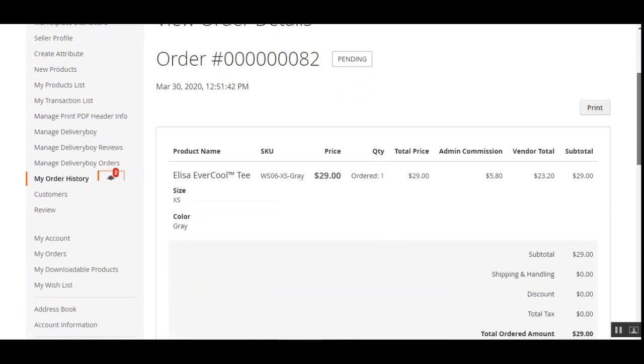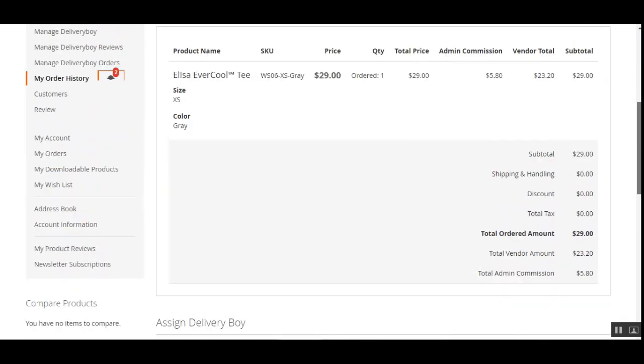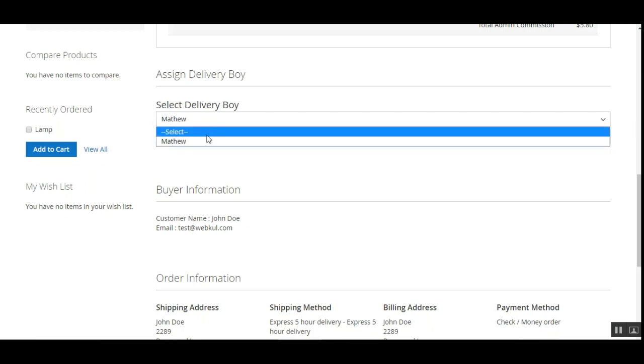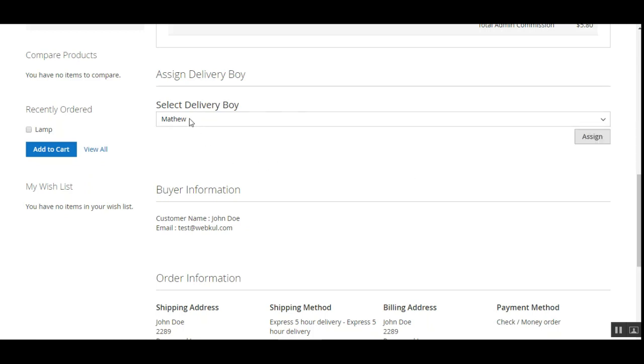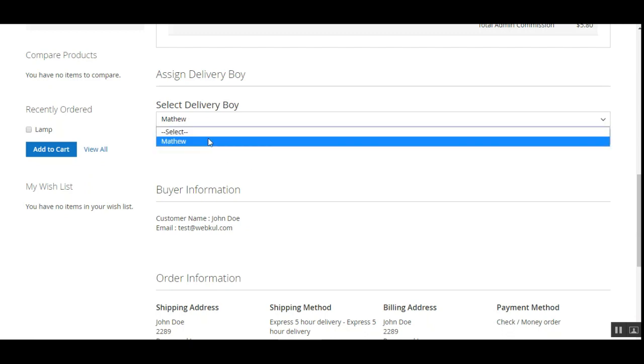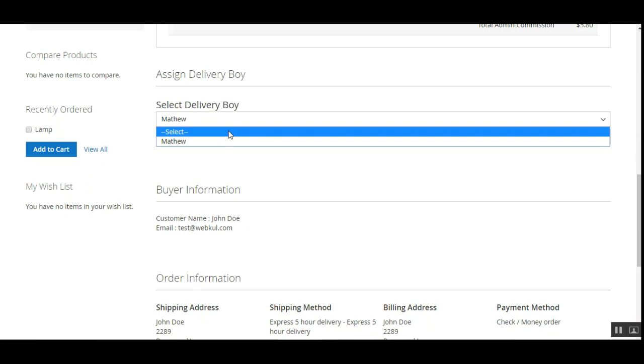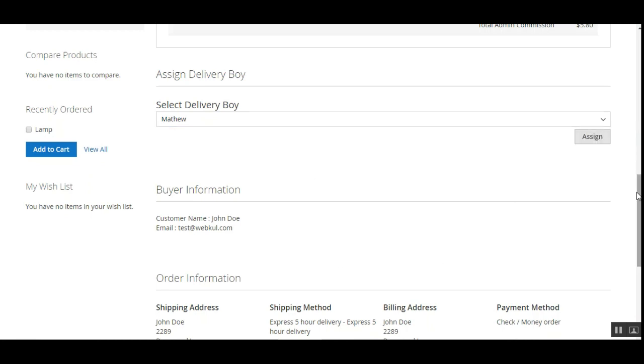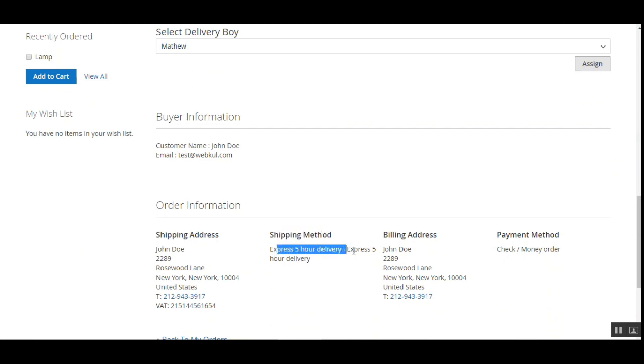Now here on the order we can see the details of the order, and from here the seller would be able to assign a particular delivery guy to this particular order. So to assign a delivery boy, under the assign delivery boy section, the seller needs to tap on this drop down button so as to assign a particular delivery boy. So right now we have only one delivery boy that's there, so it's showing only one. Otherwise the delivery boys which are online right now, they would be available here under this particular section, and from here the seller can assign an order to the delivery guy. So here you can also see the shipping method selected by the customer. That's the express via delivery